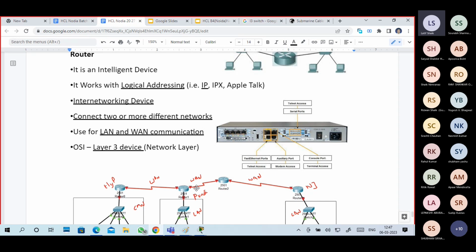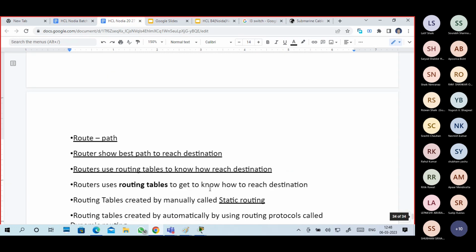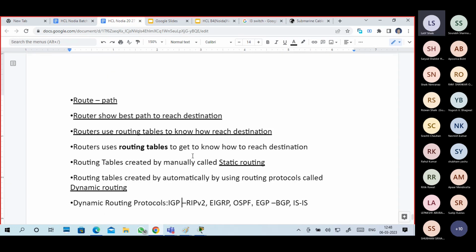Switch is single network, single segment communication. Router is internetworking, meaning it makes communication between different networks. Switch is a layer 2 device, hub is a layer 1 device, router is a layer 3 device. Router uses a routing path to reach the destination.